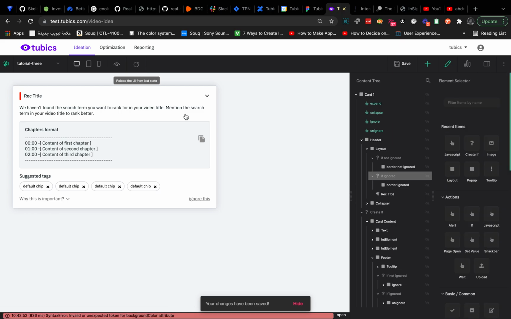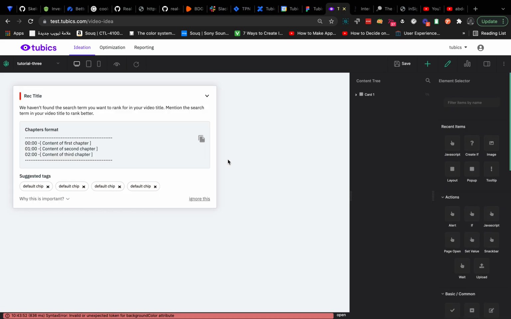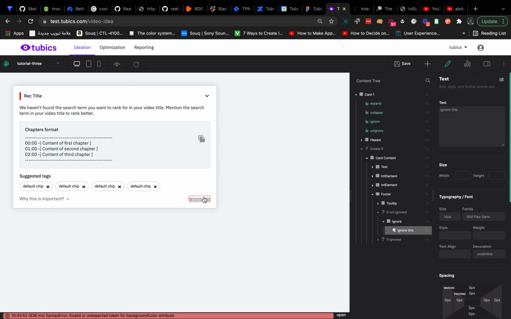Let's test this out. So if I click ignore this, it's gray. If I click no ignoring, it's red. Cool. And now what I need to do is also display something here if it's ignored. So if I go to my header